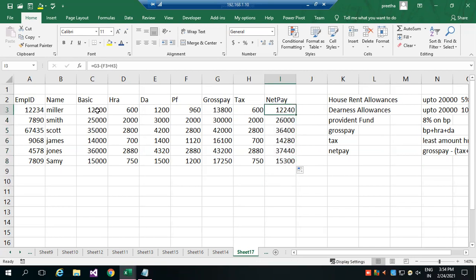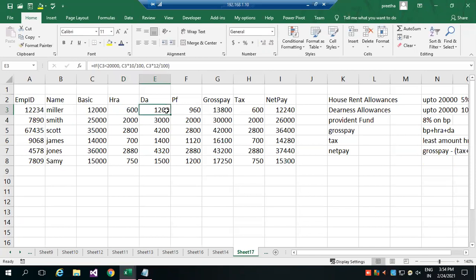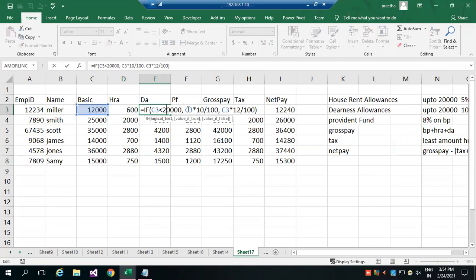Okay. So HRA is only a simple condition: up to 20,000 salary, 5% as the HRA amount, or else on their basic pay 8%. DA also has the same condition, but the percentage is different, 10% and 12%. So 10 by 100, 12 by 100.